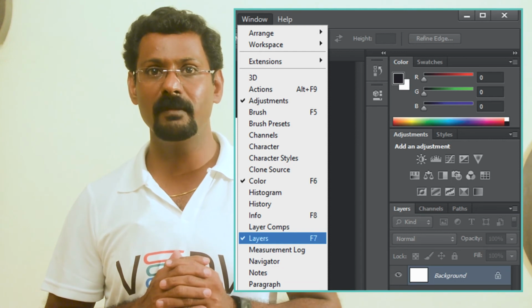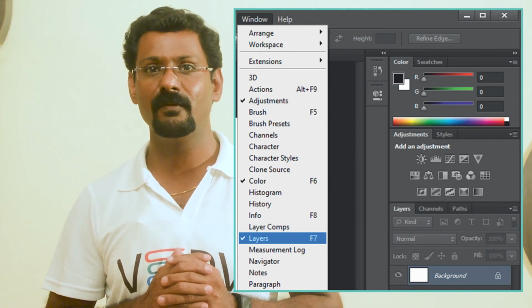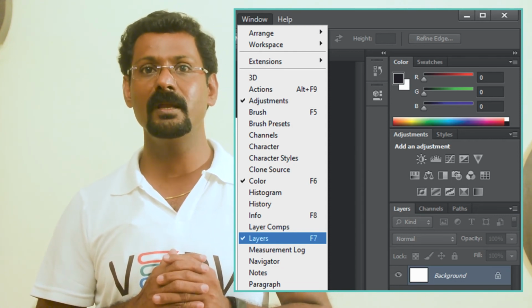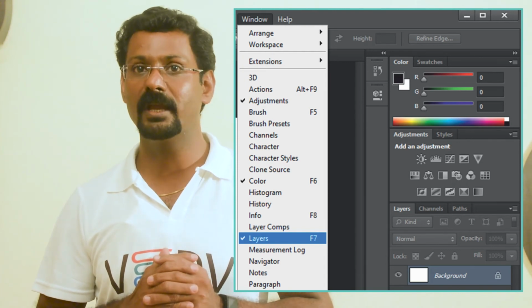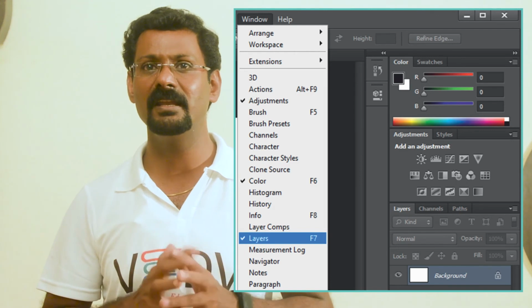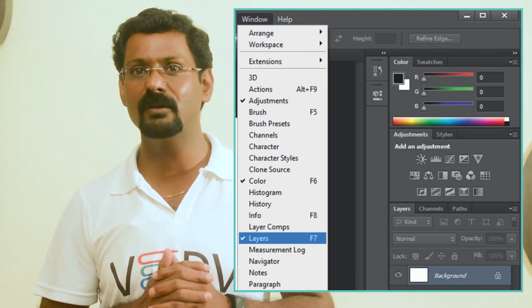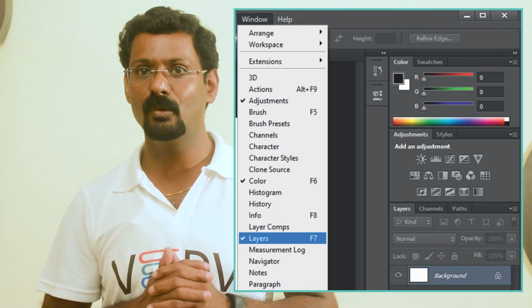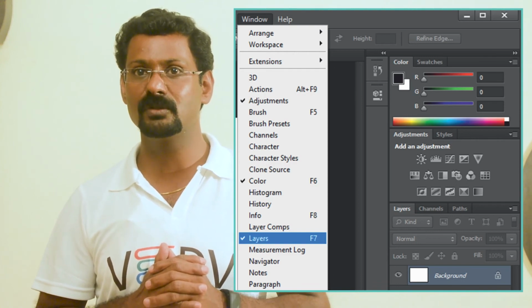When you open an image in Photoshop, it is a single layer. We can add more layers to it and add components to it. You can view, create, and edit layers with the layers panel. This is generally found in the lower right corner of the screen, although you can always use the Window menu, Layers, to make sure the layers panel is shown.